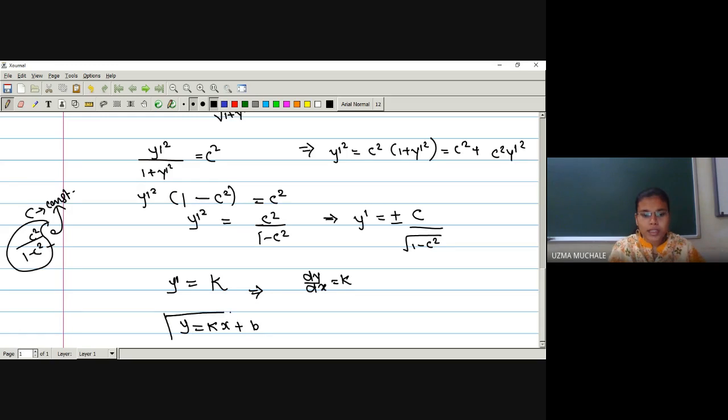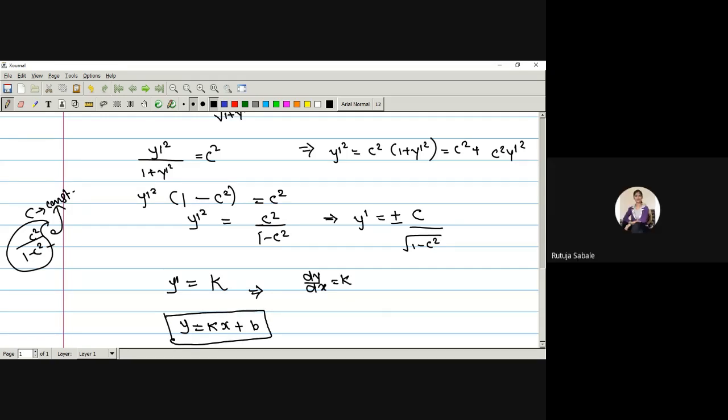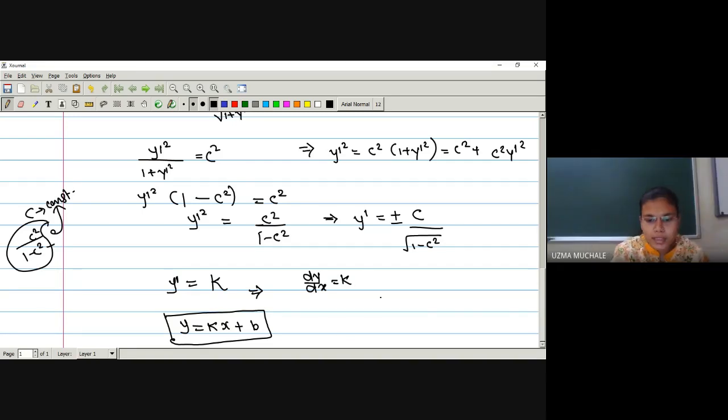So what is this equation? Can anyone remember what this equation is? Equation of a straight line. Right. It is the equation of a straight line in the form of y is equals to mx plus b. Mx plus c, sorry, mx plus c or b, whatever it is. M is the slope, c is the y-intercept. So we can say now this is an equation of a straight line.